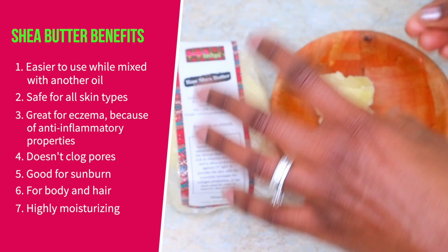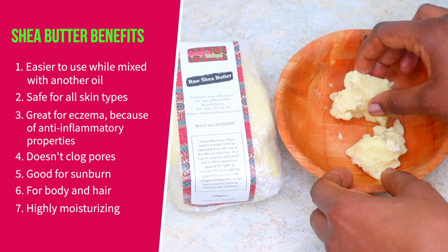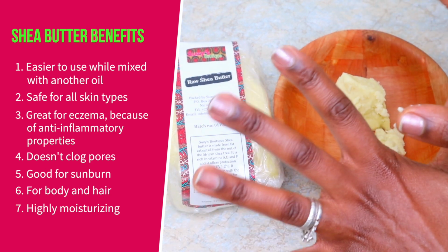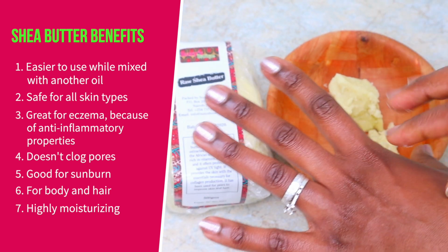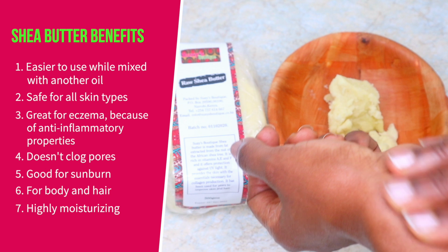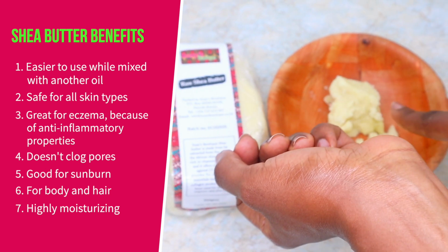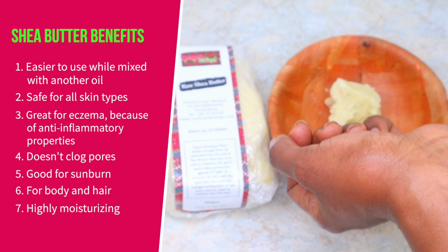Another fantastic property of this shea butter is that it has antioxidant properties, which is good for sunburn. Let's say you've gone to the beach and you've got sunburn. This is what you use. It's so good, and then it will reduce the redness or the swelling. So it's really nice. And then lastly, in this form, it can be used for both body and hair,